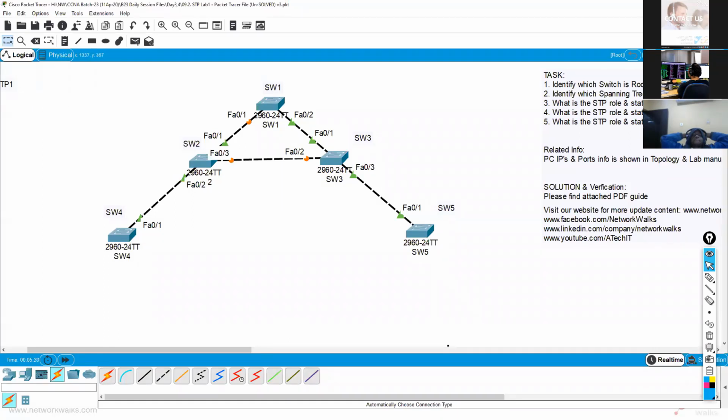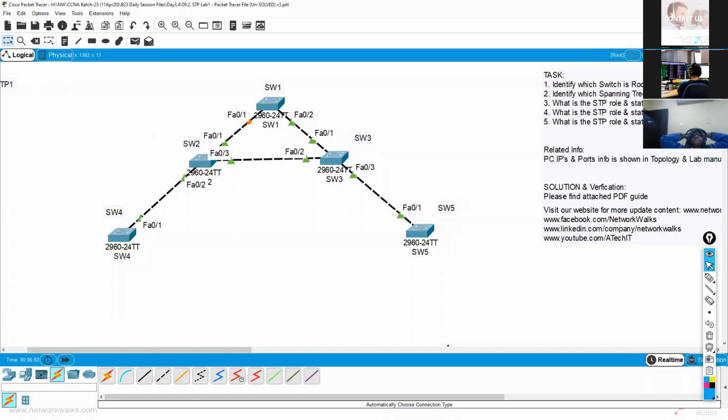Yes, this is a redundancy as well. So maybe you are right. We can consider it as redundancy. When asked whether STP solves the looping of layer 2 switches, yes, it means the layer 2 protocol, because everything we are discussing today is about layer 2 and switching. I have not talked about any routing protocol or anything else, right? So this is how it is talking to each other. After it has talked, now this link is up between switch 2 and 3. So this is the use of STP, and this is the lab which we will be doing today as well.